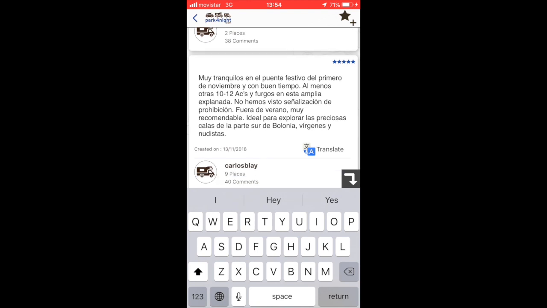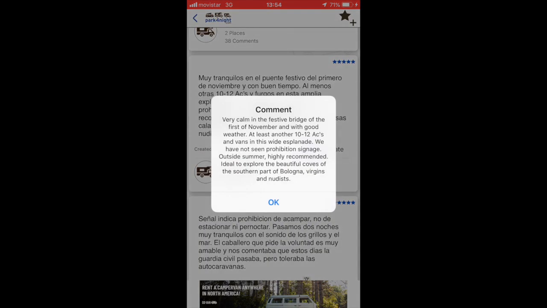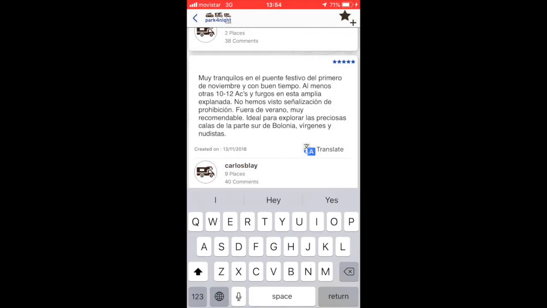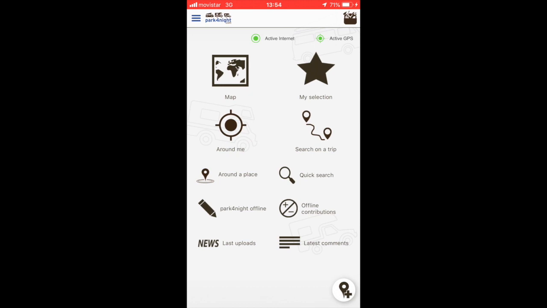Moving down you can see a review here that's in Spanish, and you do have a chance to translate that by clicking the button, and then it will translate that Spanish review into English. So you can see that. Going back to the main menu now,